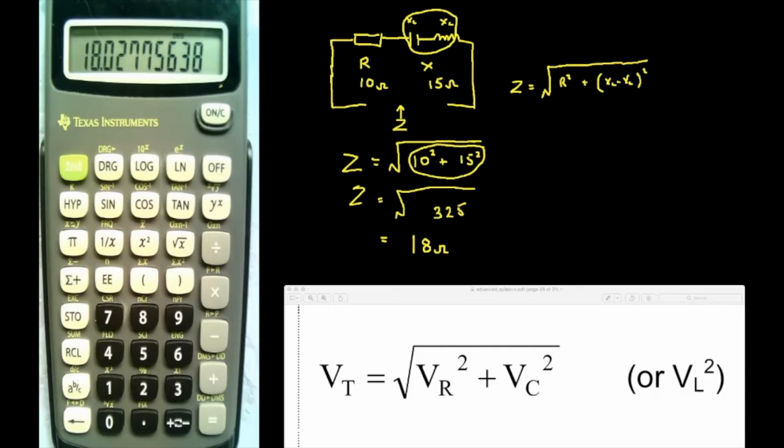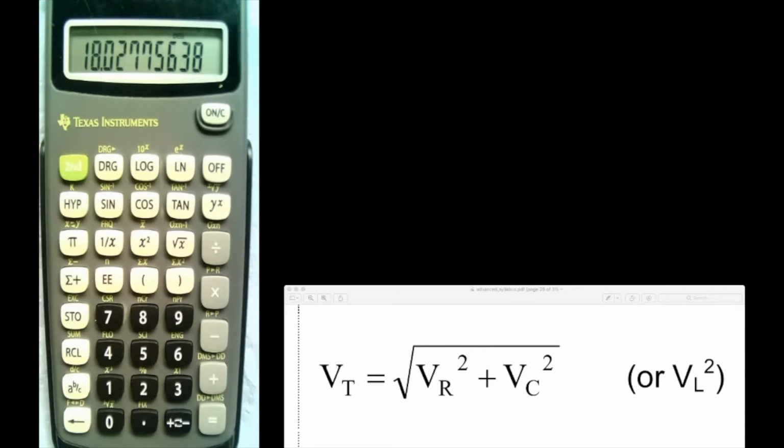This one here is looking at voltages across resistors and capacitors, or resistors and inductors. So this one here refers to this sort of a circuit. Let's use VC first. Let me start again and get it in the same order as the formula. It'll keep it simpler. A resistor, and a capacitor,